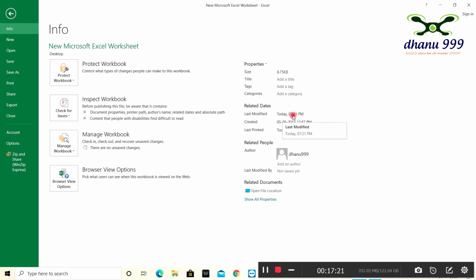See here, related dates. Last modified, it's about 7:21 p.m. today. Now I just modified it, and when was it created? Related details. Last modified means it is modified by you or any other person. That will be known here up to date and day, and also time.